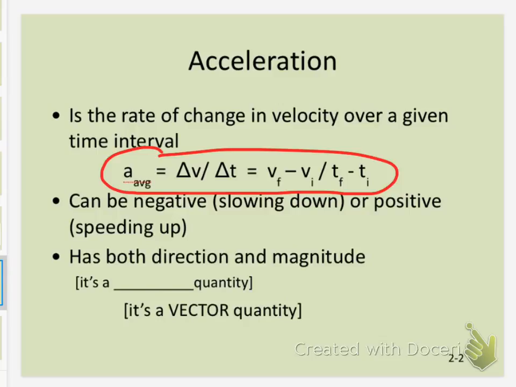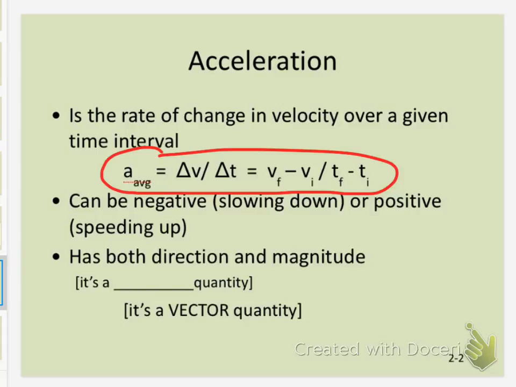In common parlance, we use the word deceleration to mean what? Slowing down, hit the brakes, decelerate. That's fine in everyday speech. It becomes a little bit less meaningful in physics because we can have negative acceleration, positive acceleration. As long as our direction of travel is positive, negative acceleration is slowing down. As long as our direction of travel is positive, positive acceleration is speeding up. If our direction of travel is negative, those things get flipped on their head, which is why the word deceleration is pretty meaningless.